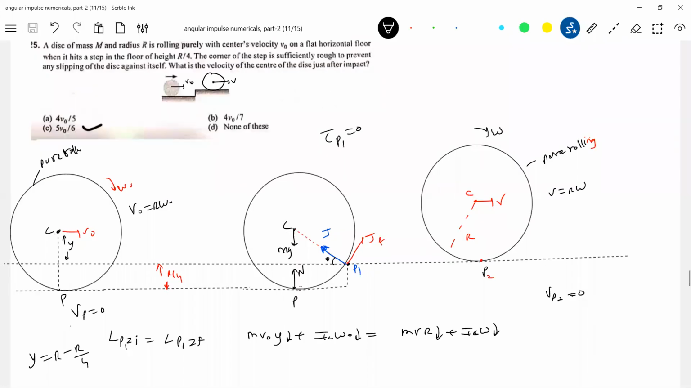So now you have to be careful. When a rigid body goes and strikes any step or any inclined plane, you have to be alert. About what point